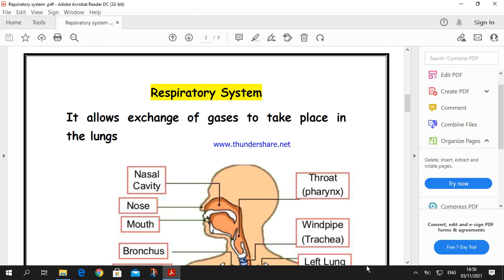So this system allows gas exchange, okay, where the blood receives oxygen from the two lungs and also gives carbon dioxide and water vapor, produced from burning food, to the lungs, where the lungs get rid of them. This process is known as gas exchange, and it occurs mainly in the lungs in a special part known as the alveoli or air sacs. So, number one,